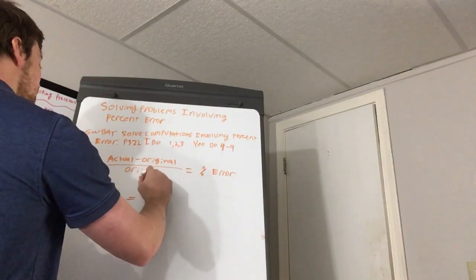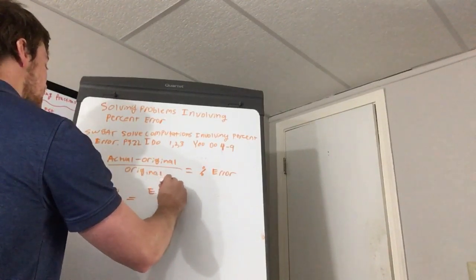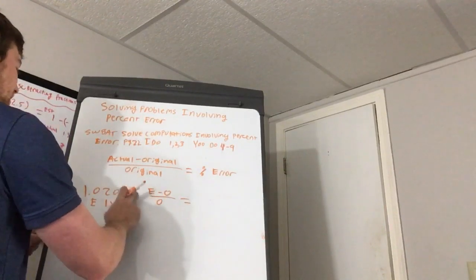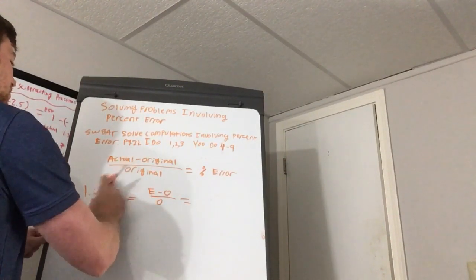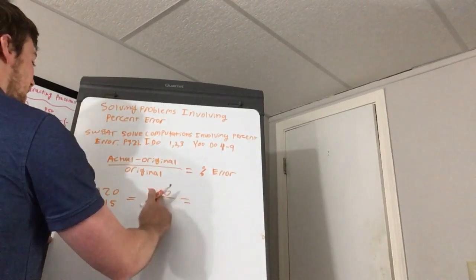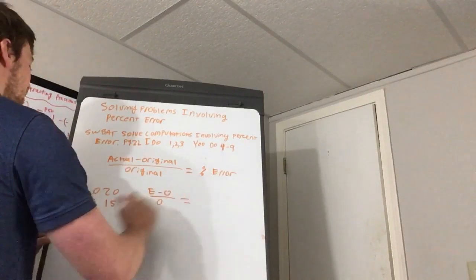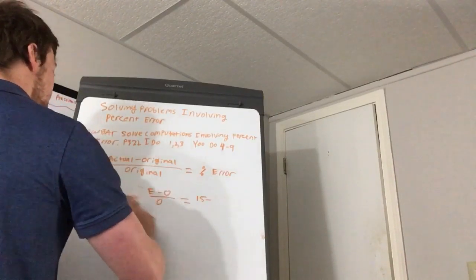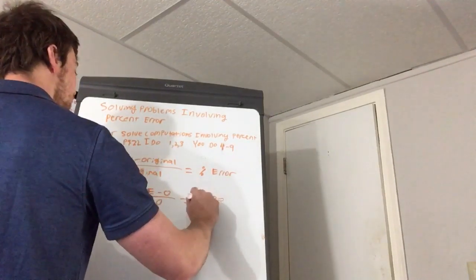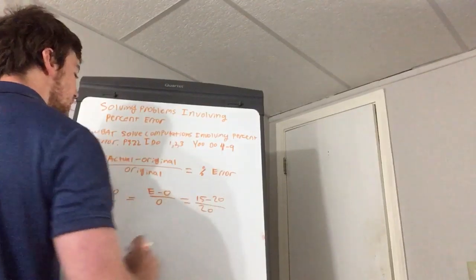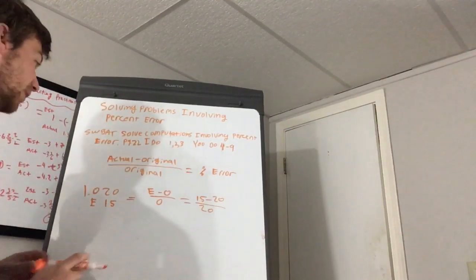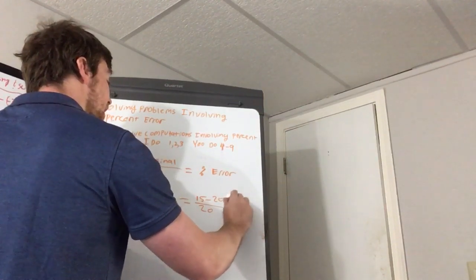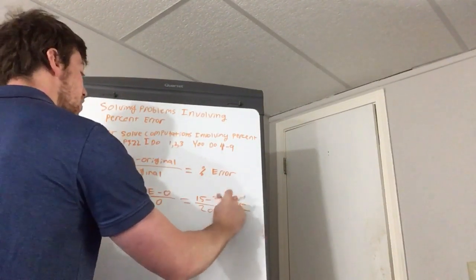End minus O over O. End counts for actual, original counts for original, so N minus O over O. So 15 minus 20 over 20. Now, 15 minus 20 is negative 5. Negative 5 over 20,